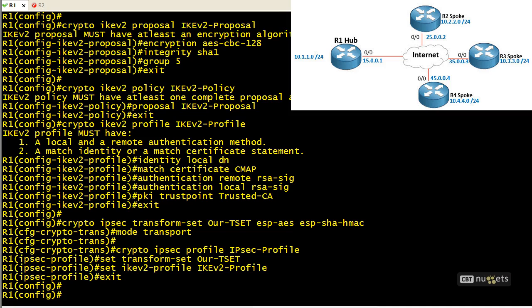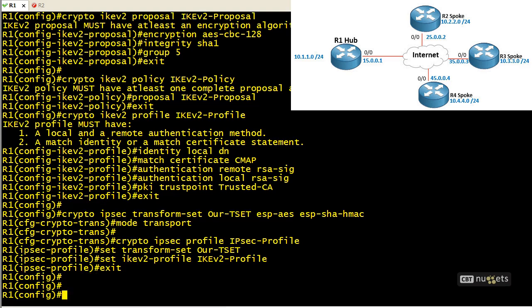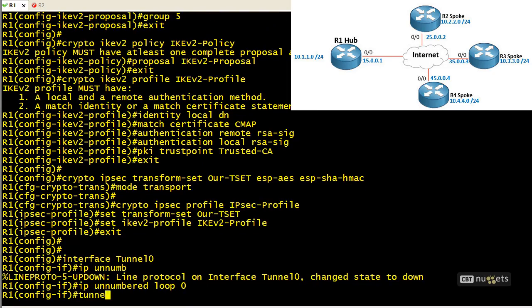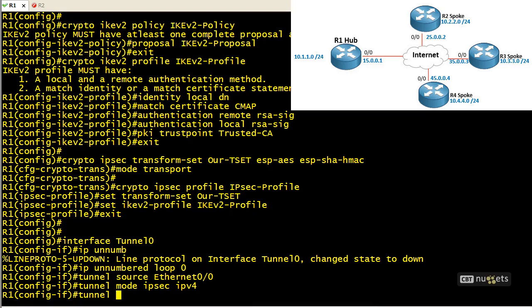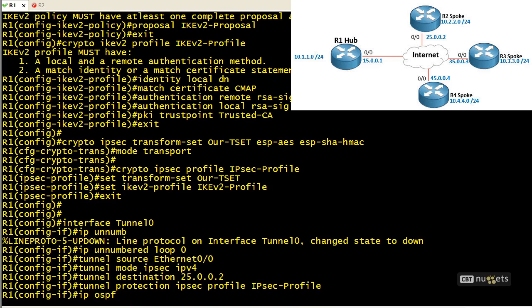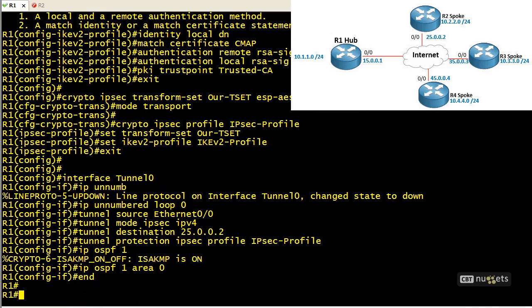Now, as far as applying this to an interface, we could use the virtual template option, or we could use a tunnel interface. We've already done both of those options in this course. So for here, let's go ahead and simply create a static tunnel interface using interface tunnel 0. We'll use the IP unnumbered game once again. We'll say the tunnel source is E0/0. The tunnel mode is IPsec IPv4. The tunnel destination is R2's address of 25.0.0.2. We'll apply the IPsec profile that we created with the tunnel protection IPsec profile and the name of our IPsec profile. Let's also include this interface in OSPF with the command ip ospf 1 area 0,